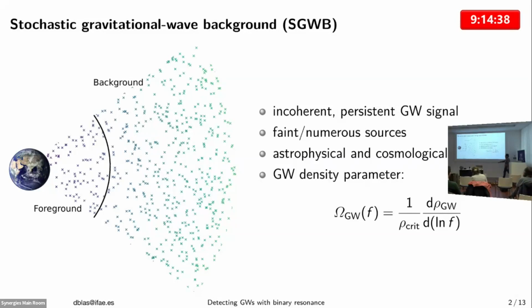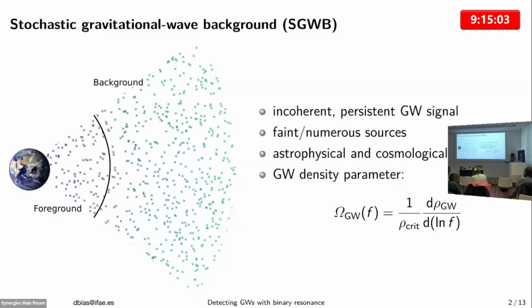Imagine that you have millions and millions of binaries. This is also a kind of background that is discussed for LISA, for instance, where in principle LISA will have this background of many binaries, maybe too many, to really see a signal, right? But for the frequencies I'm going to discuss, this kind of astrophysical background may be supermassive black holes, because we are going to discuss low frequencies.